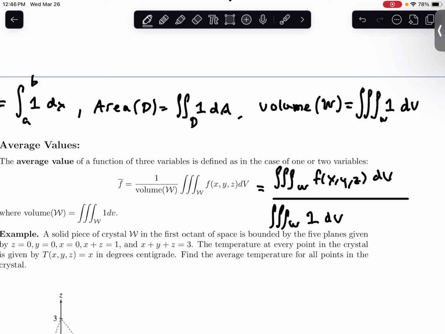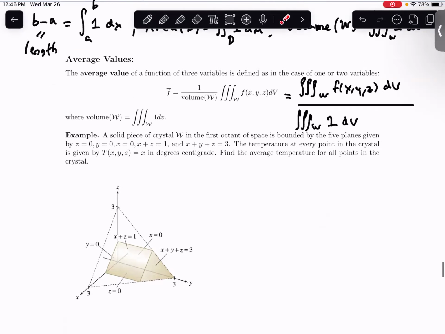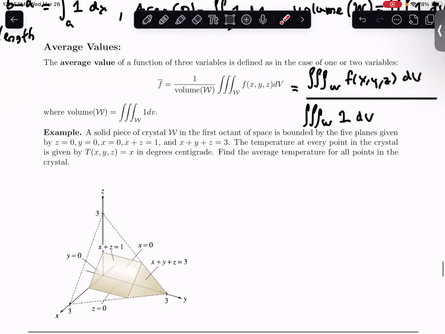Right, because volume of a general region is hard to find. Usually you're not going to be able to just look at the surface or the region and immediately determine what the volume is going to look like. So for instance, in this next example, what it's going to want you to do